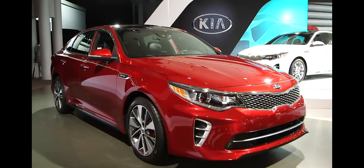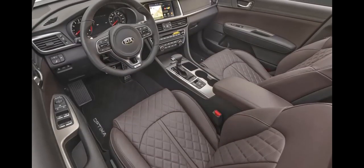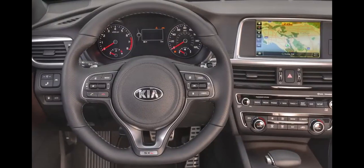For the past 3 years, the Optima has been Kia's bestseller. And now, here at the 2015 New York International Auto Show, Kia is launching its successor, the all-new, completely redesigned 2016 Kia Optima. Inside the Optima will feature a roomier cabin, while adding new premium features previously unavailable in the